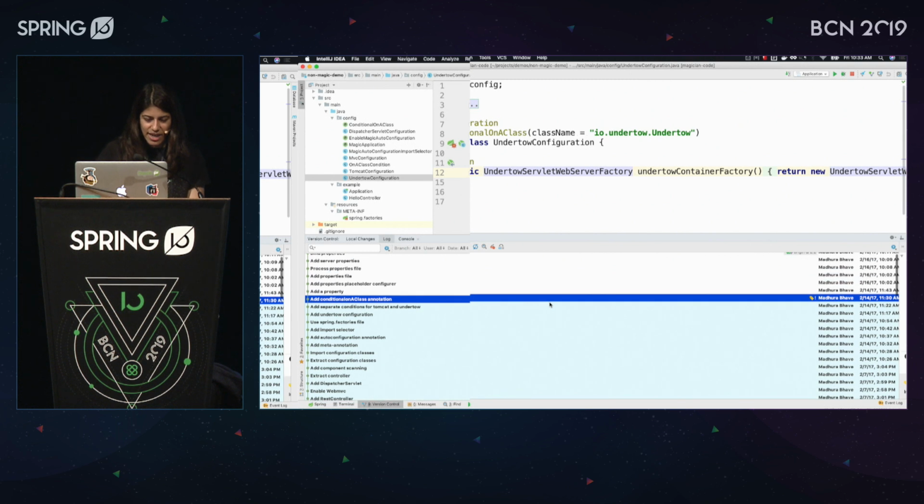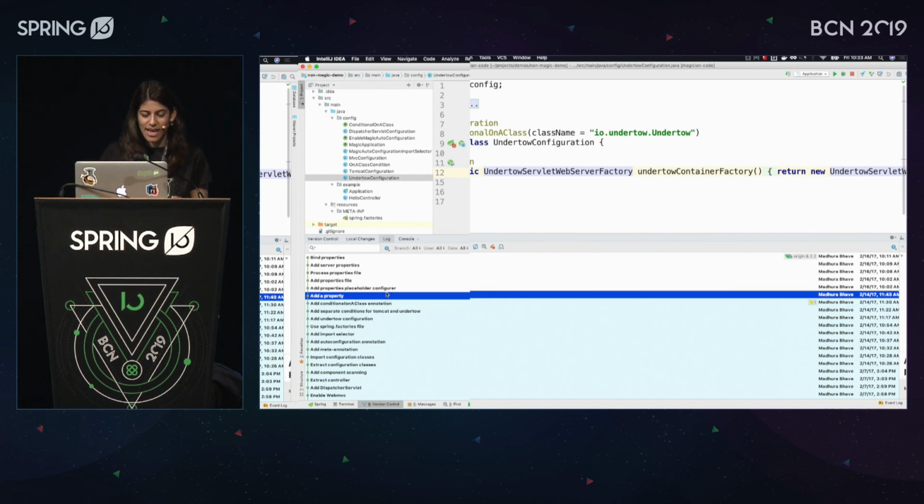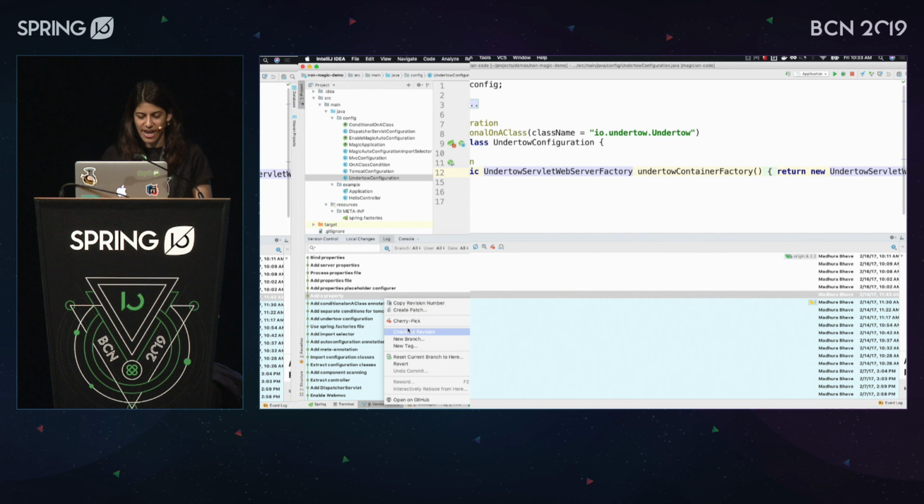And the last piece that I wanted to show in a Spring Boot application is adding a property. So in Spring Boot, you have this thing called configuration properties, where you can specify a property in an external configuration, and that gets bound to your configuration properties class. So to build towards that,